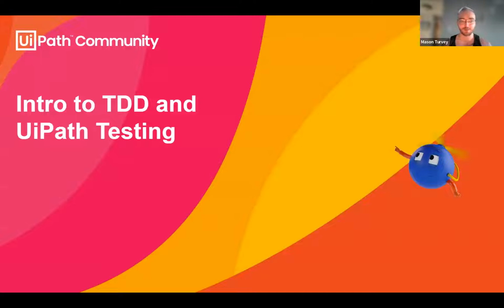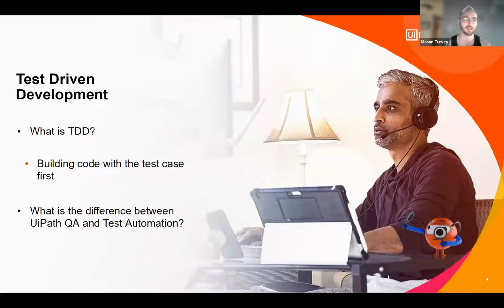So a little bit of an intro to TDD and UiPath testing. What is TDD? It's a little self-explanatory, but the term is test-driven development. What that means, if you think about it, is the test comes first, right? Typically when we're building a process, especially in automation, we have the as-is process. We have what we're trying to automate. And if you think of that from a waterfall perspective, you have your requirements. You know what the thing is supposed to do. And so if you have that, then you can build a test case that tests whether it is specifically doing